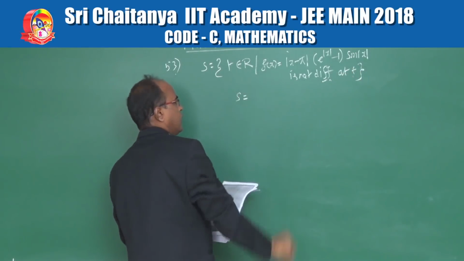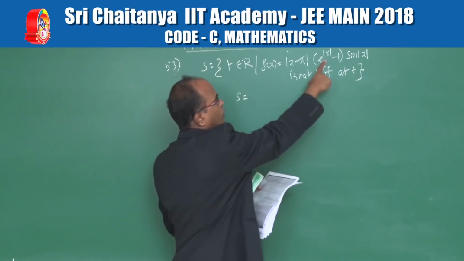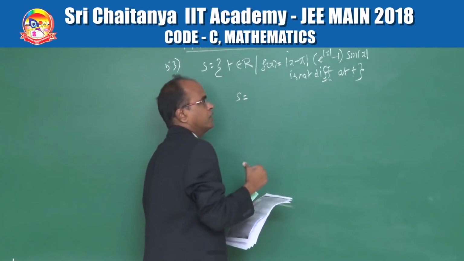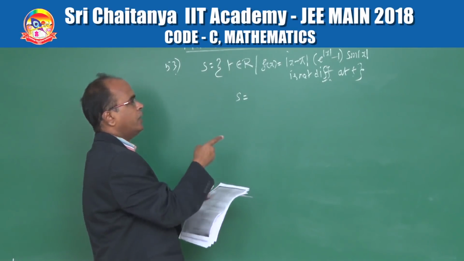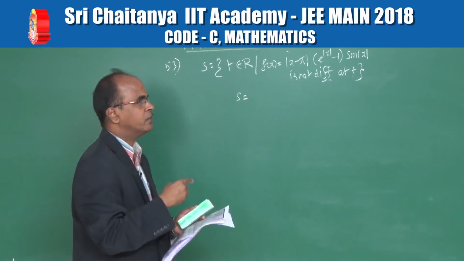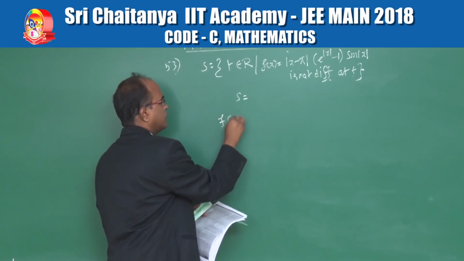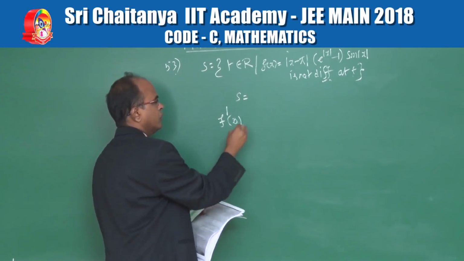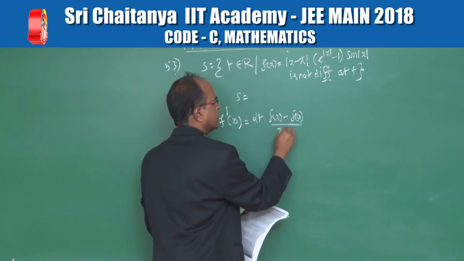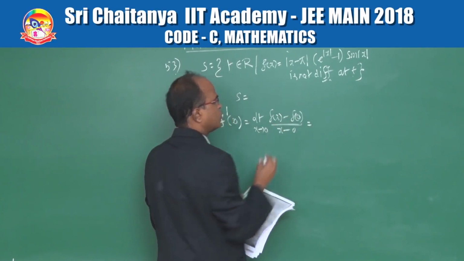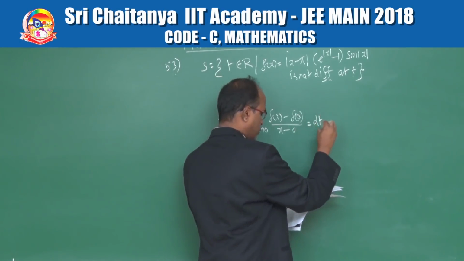Then the set S is equal to, and because the function is involving mod x and mod x minus pi, the expected points of non-differentiability are 0 and pi. So that is why we calculate the derivative by definition at 0 and pi, namely f dash 0. By definition it is limit of f of x minus f of 0 by x minus 0 as x tends to 0, and for the function under consideration, if you calculate, it comes out to be